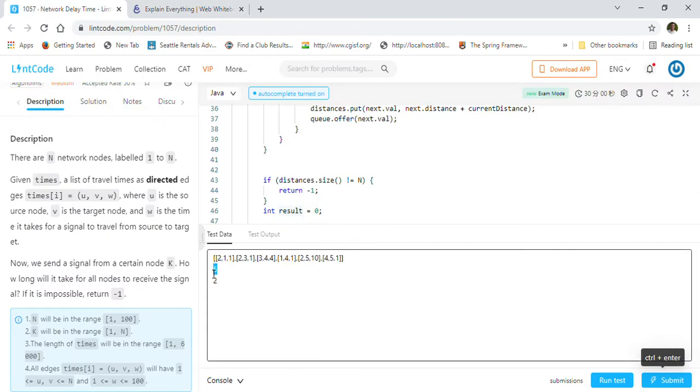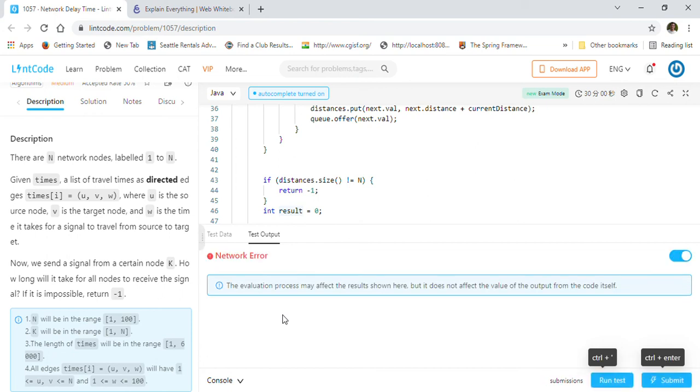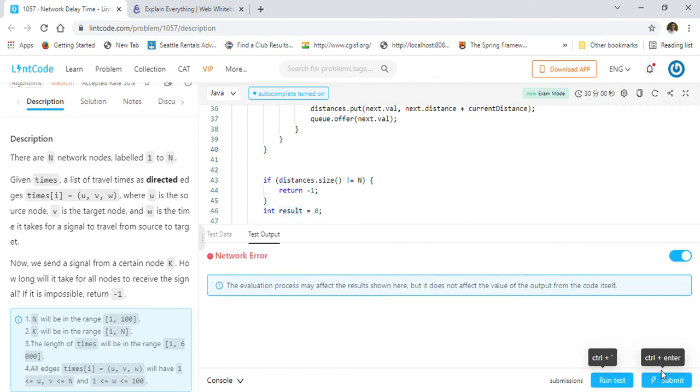There are 5 total nodes and the starting node is 2. So let's run this example quickly. It's running. It's slow, I think. Network error. Oh my god, there is some internet problem, I think.